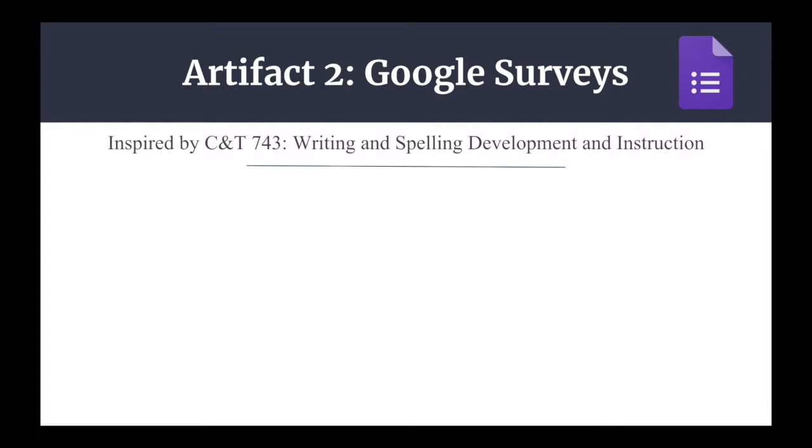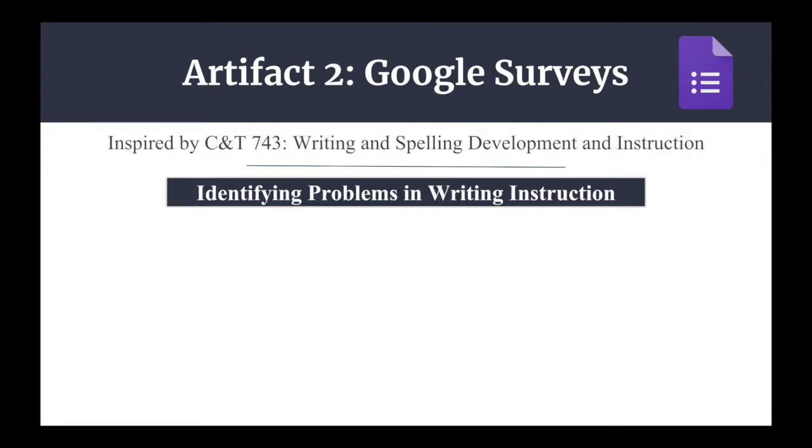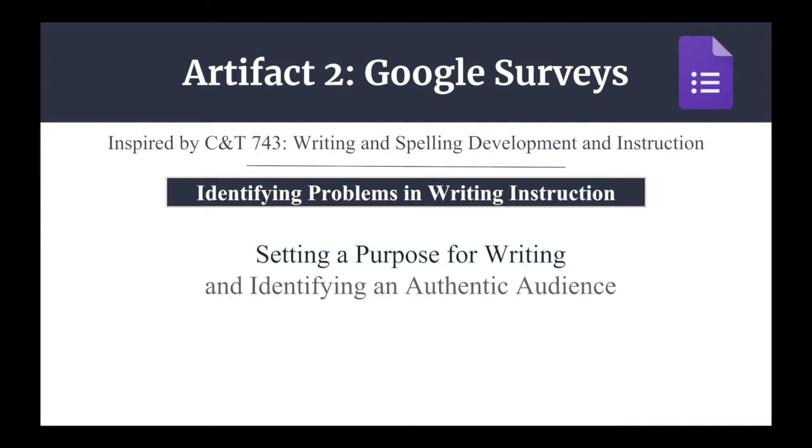Every year, my students are required to compose and deliver a speech to their peers and teachers as the culminating project of our speech unit. After teaching this writing and speaking unit twice, I began to see a pattern in my students' work. They often chose to focus their speeches on ideas that were very well known, and many of their speeches contained redundant information. After taking the course CNT 743, I began to identify this pattern as a failure to consider audience